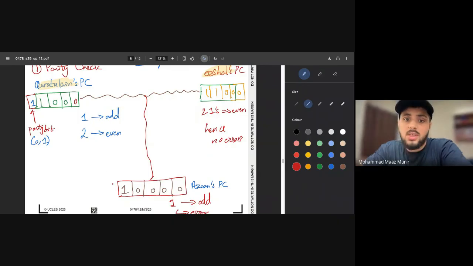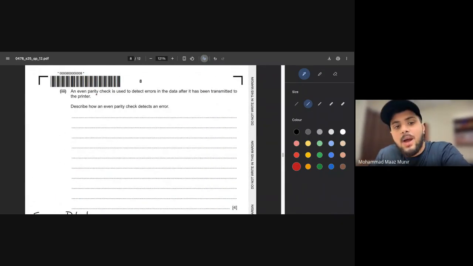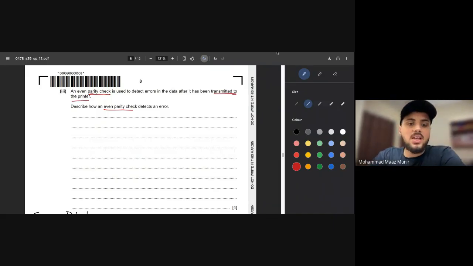अब ये जो process हमने यहाँ पे की है, the same thing is being asked here in the exam, where they say कि an even parity check is basically used to detect errors। And now वो बोल रहा है कि आपने even parity check यूज करनी है to detect an error, and वो किसके लिए, when the data is being transmitted to the printer।